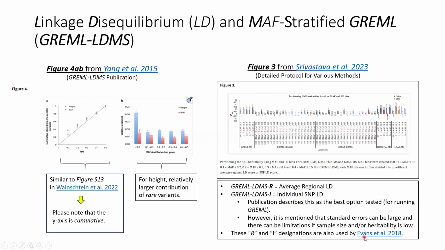And then my understanding is that there was another publication between the first GREML-LDMS publication and this protocol paper, and it showed the differences in these implementations. As described in this publication, I think the idea is that using the individual SNP LD values is the best option, although my understanding is that either way you're going to have some issues, like relatively large standard errors, and that was shown in the earlier table, where even though what I'm referring to as GREML-WGS had the closest estimation to the twin studies, it also had the